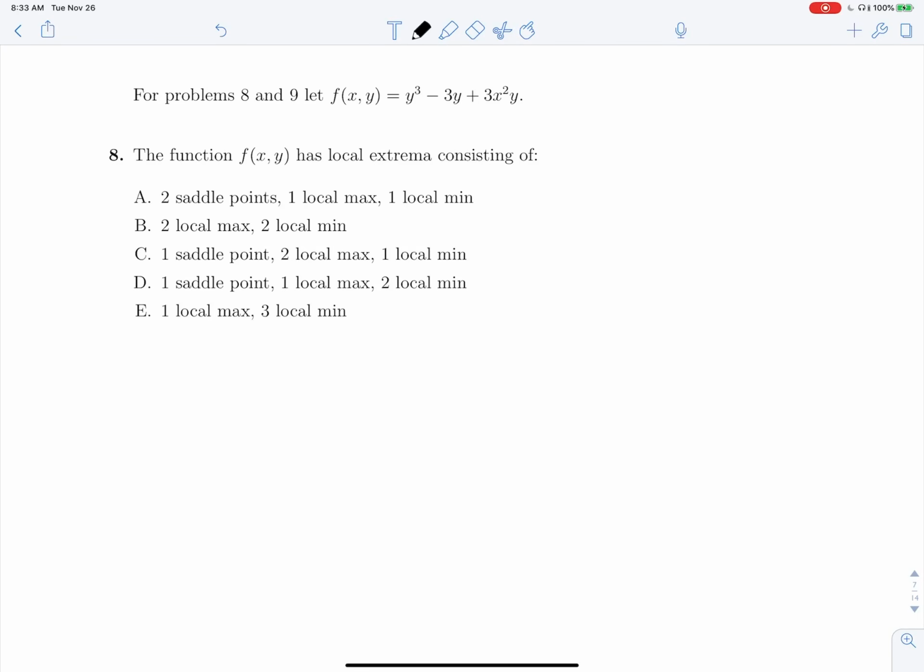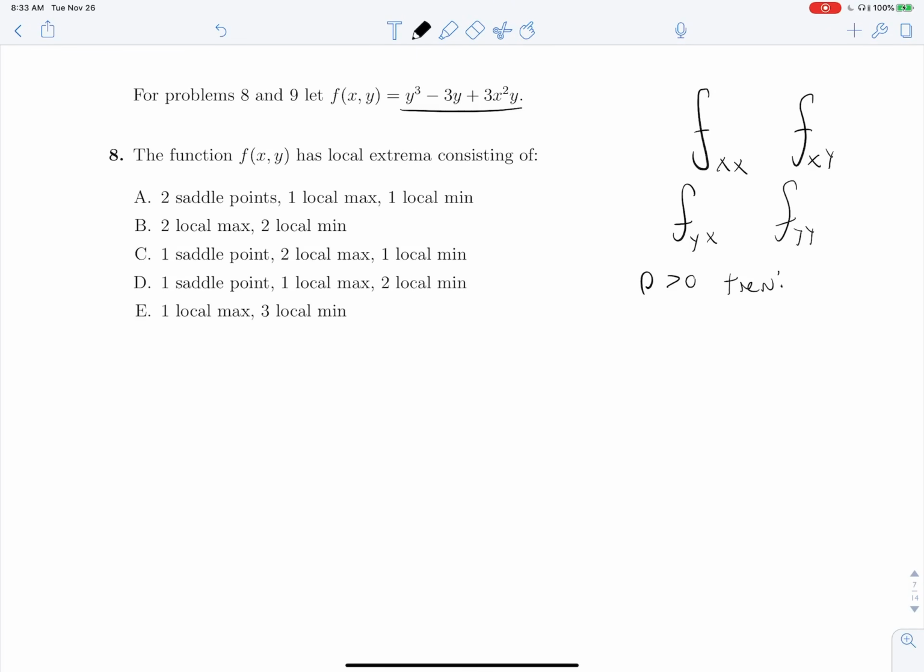Okay, for problem 8 and 9, f of x is this guy right here, and for problem 8, we're looking for local extrema. So we know for this, we're going to need the second derivative test, which is going to involve a matrix made up of fxx, fxy, fyx, and fyy. If the discriminant of this is greater than 0,